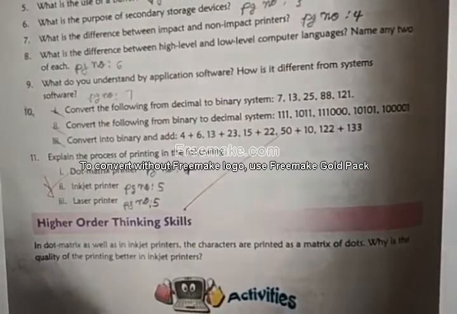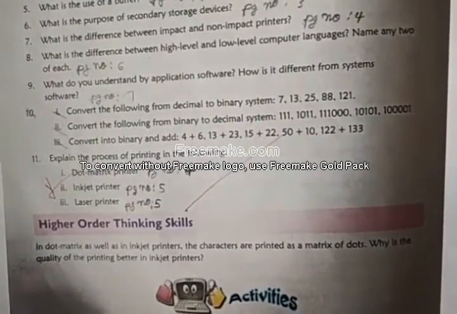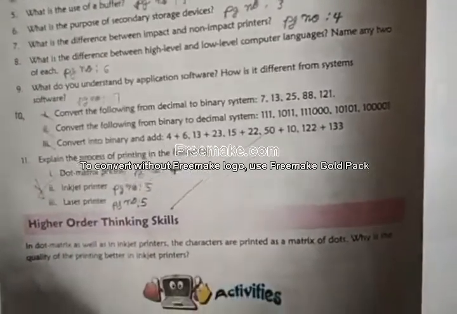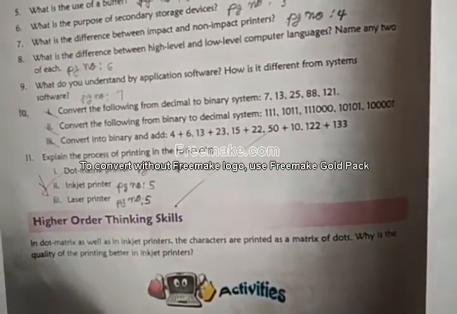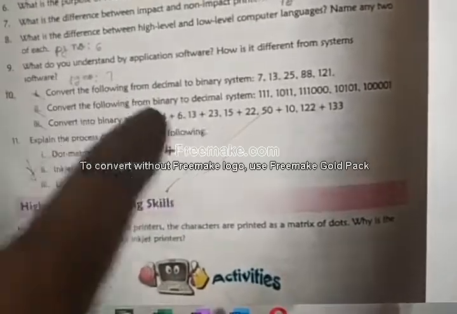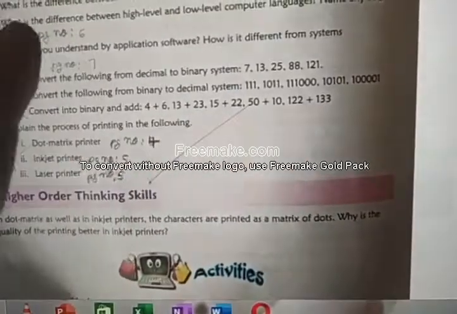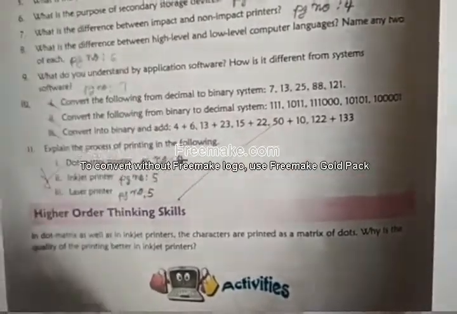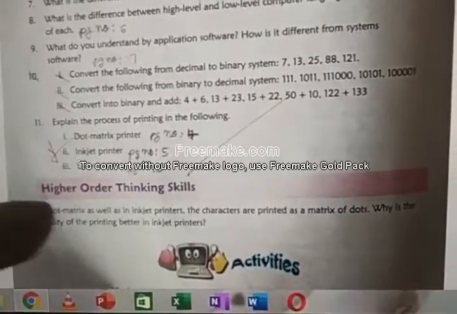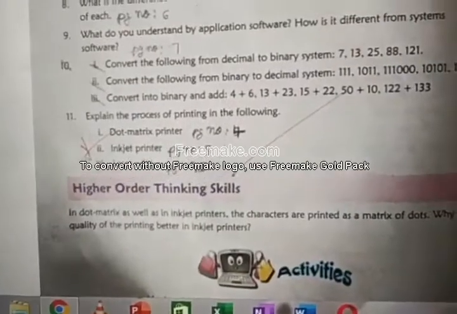Write in a paper and stick it with this exercise. After completing the book back, I will write down all these sums. All the sums I will write. I will never leave any one sum. You just write in a paper and stick it back. Before that, we will complete the marking of other questions.